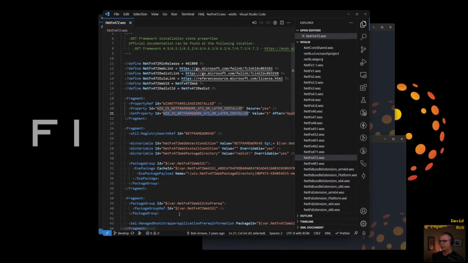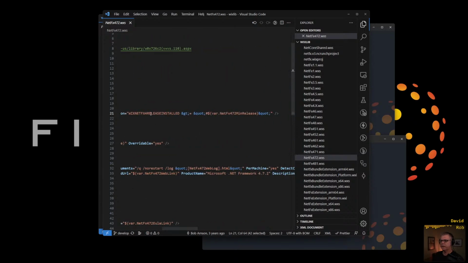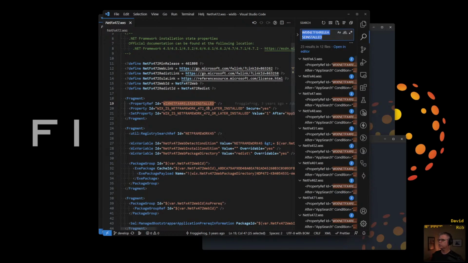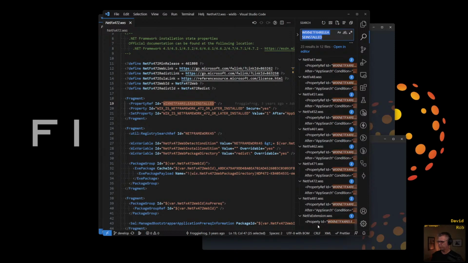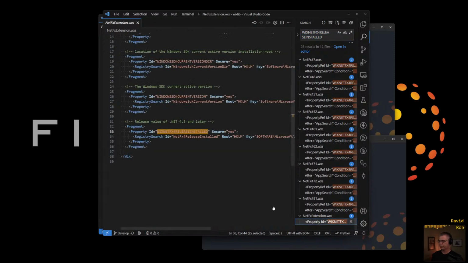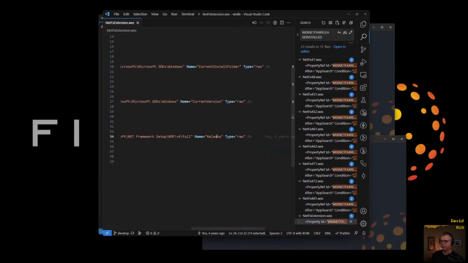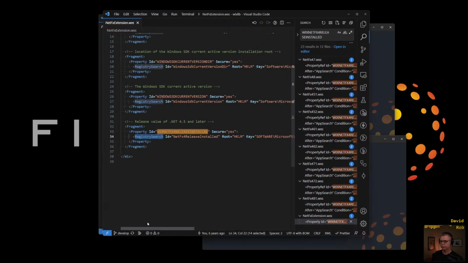Yes. It sets this property to 1 when we have detected the .NET Framework and the version that we detected on the machine has a number that is greater than our minimum number. That makes sense. And we use this property ref to go find it. And if we go look for where that is defined, property ref, property. So there are a whole bunch of property refs. Here's a property. And we can see that, oh, it's just one of those simple registry searches. And we've done that before into HKLM, Microsoft, .NET Framework setup, yada, yada, yada. Give us the release number. All right, cool. Cool? Yep, cool.